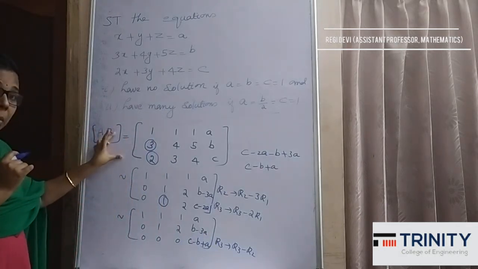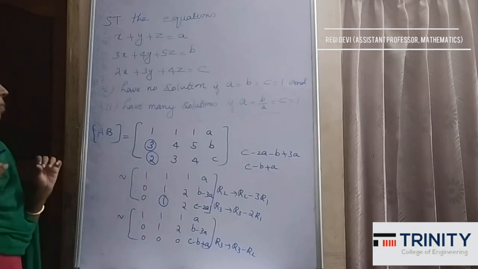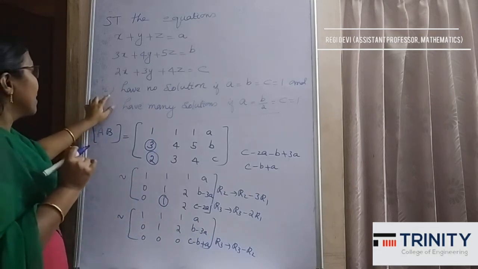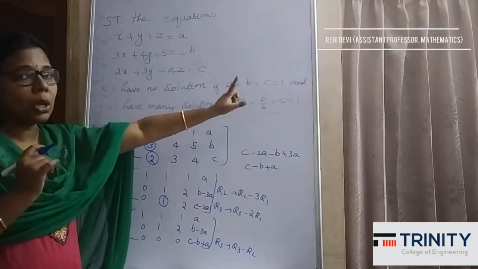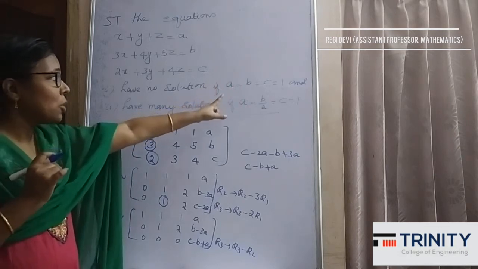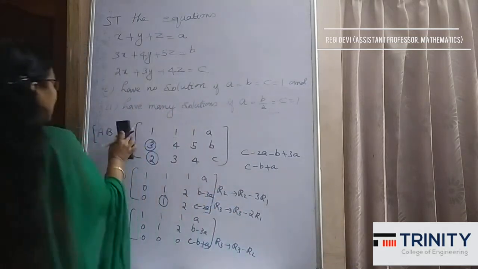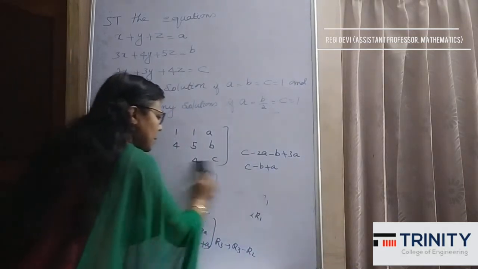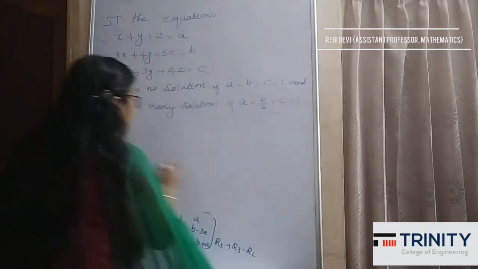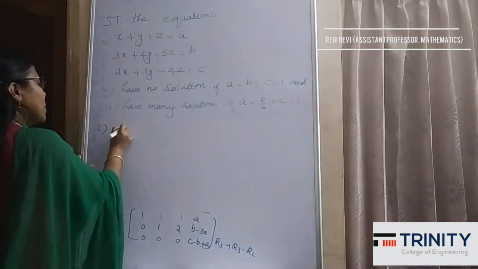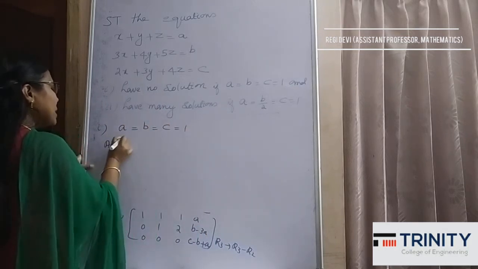The augmented matrix AB is reduced into row reduced echelon form or the upper triangular form. Now for the first question, have no solution if A equal to B equal to C equal to 1. By putting A equal to B equal to C equal to 1, the augmented matrix AB becomes